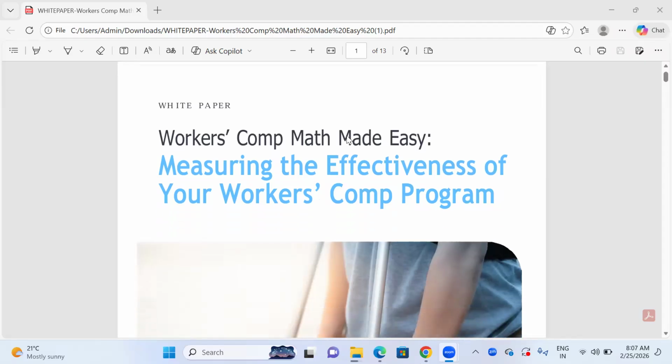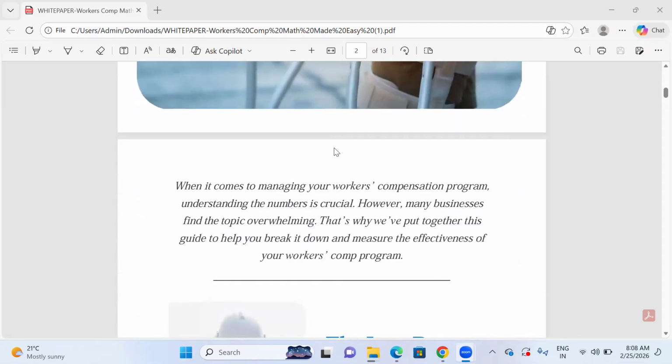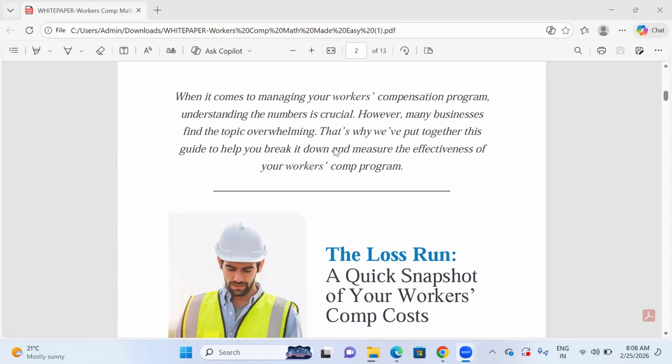Right. So this is an understanding of workers' compensation, because as far as our property and casualty insurance learning is concerned, whenever we are working on multiple applications like Guidewire, all that stuff, understanding workers' compensation and what the calculations are and how they take place is important. So in this regard, this technical white paper majorly details